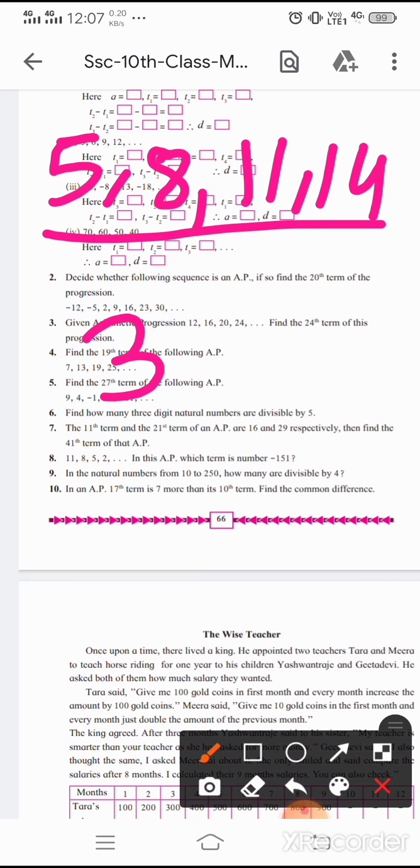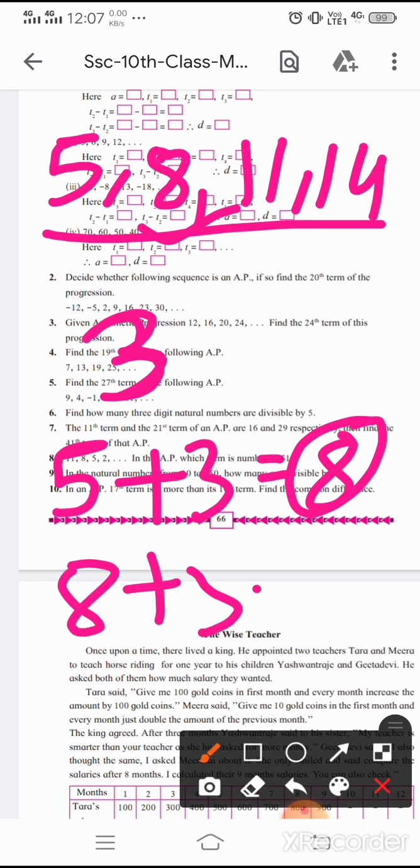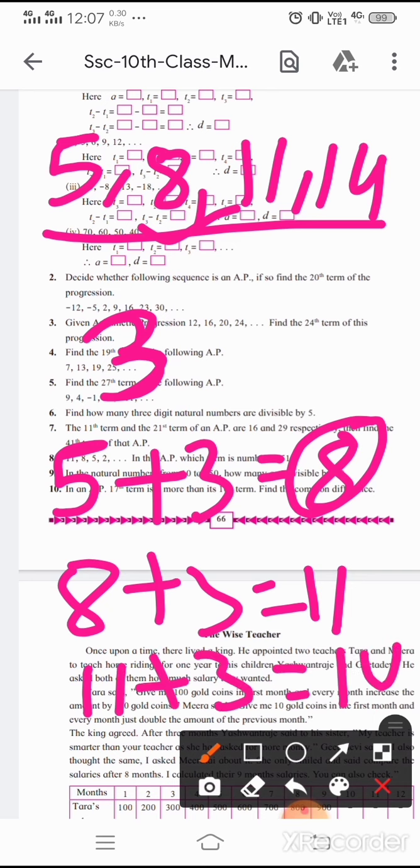And suppose you have this difference, you can just add that 3 to a number and you'll get the next term. For example, you have 5, then you add 3 and get the second term, that is 8. Can you see over here? Then again to 8 add 3, you will get the next term. And then again 11 plus 3, it will be 14, right? And so on, you can easily calculate.